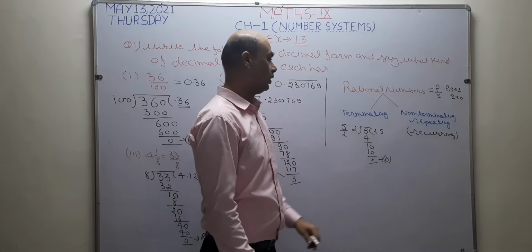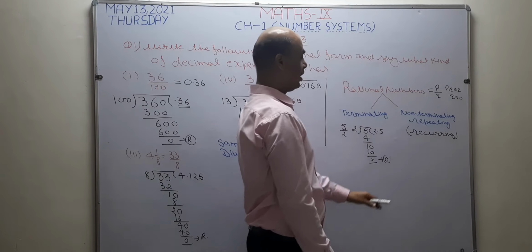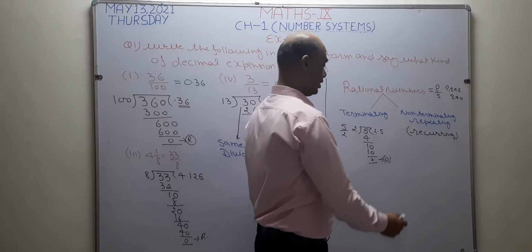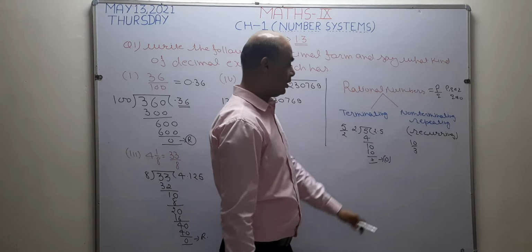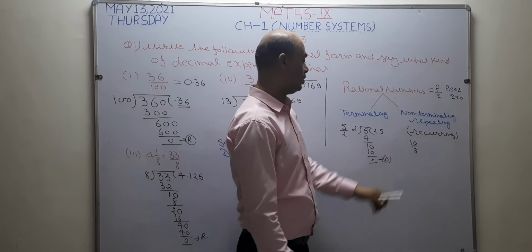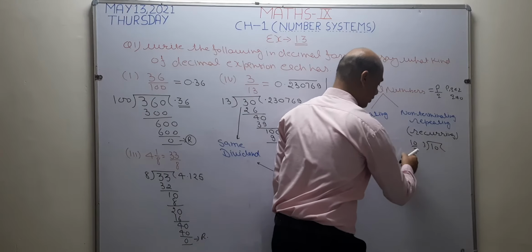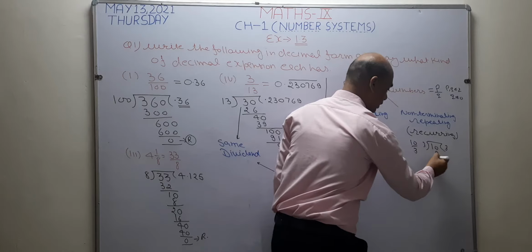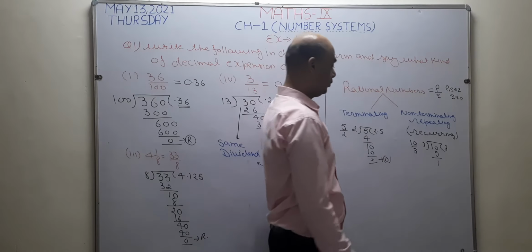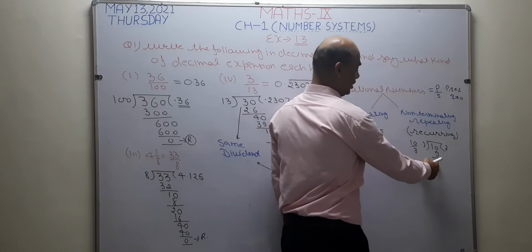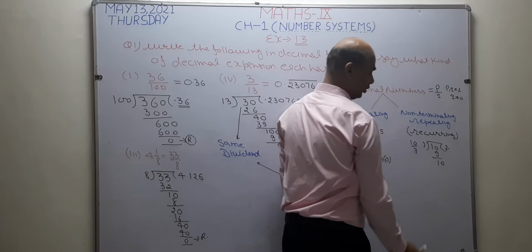Now see, I write here non-terminating and repeating decimal. I am going to explain this by one example also. I take one number, 10 by 3. Since this is also a rational number, I am going to divide 10 by 3. 3 3s are 9. When I subtract 9 from 10, what is left? 1. Now, since this number is less than the divisor, I put decimal here. After putting decimal, I take 10 here.